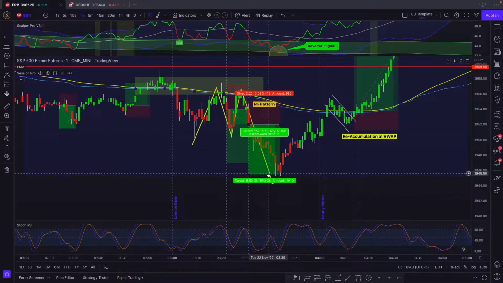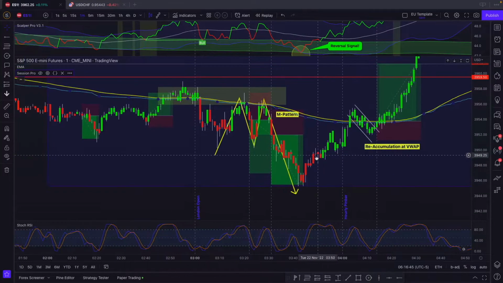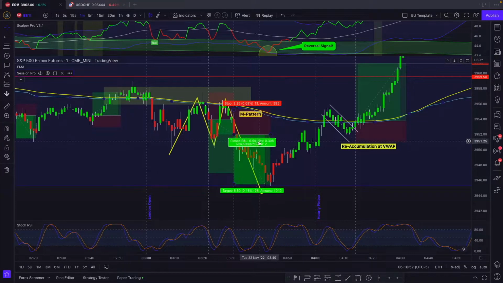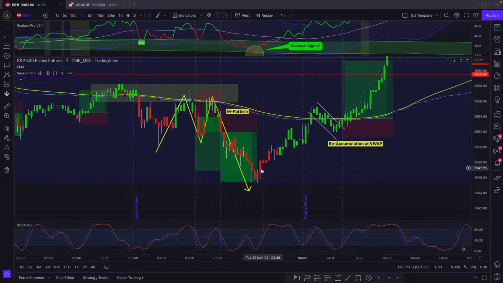So I was looking for a 2-to-1 signal right here as well, entered short on this M confirmation pattern with the stochastic RSI and the Scalper Pro lining up. We're below the 144 EMA and the VWAP, and we're done. Both hit take profit, and after which we got a reversal signal here on the Scalper Pro,